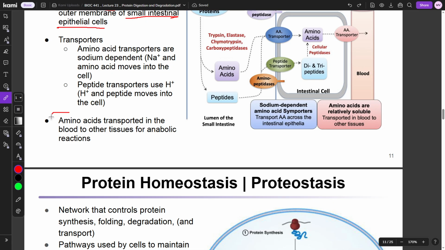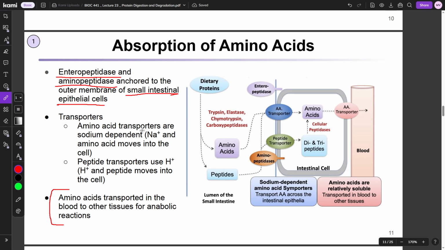And then this is just another way of saying that eventually these amino acids are shot out into the blood, and the blood takes those and sends them to other tissues that need them. This is just a nice diagram of what happens. Dietary proteins, we use these enzymes to break them down into this and this. Then the peptides go through aminopeptidase, which is on the intestinal cell membranes, not walls. Then we transport these peptides, and use our cellular peptidases to turn them into single amino acids. Then we use an amino acid transporter to put them in the blood and shuttle them to other cells that need them.